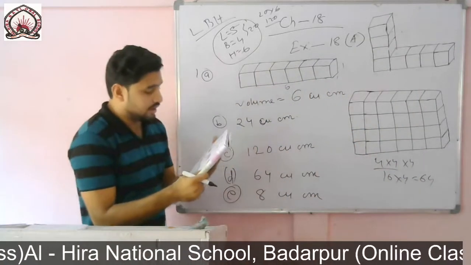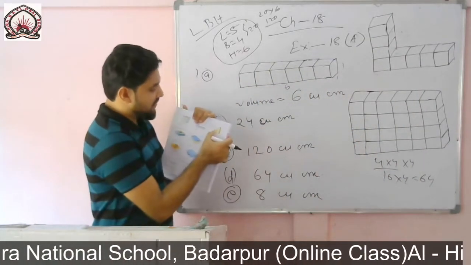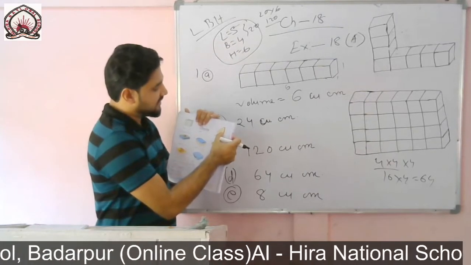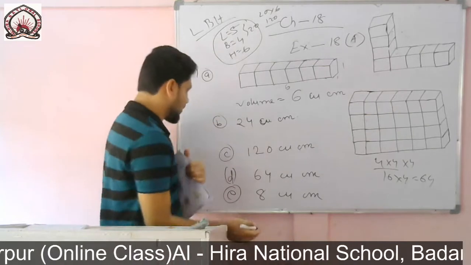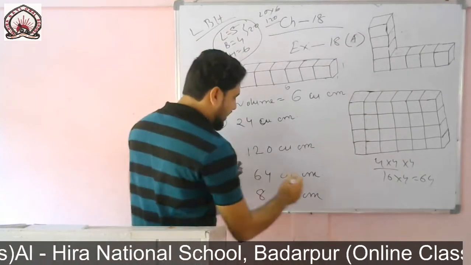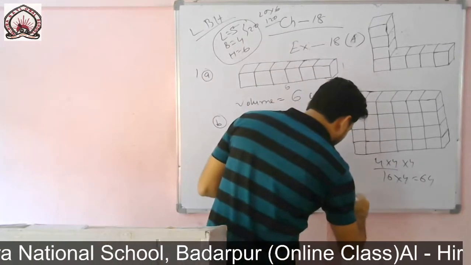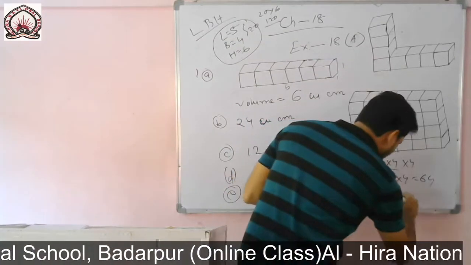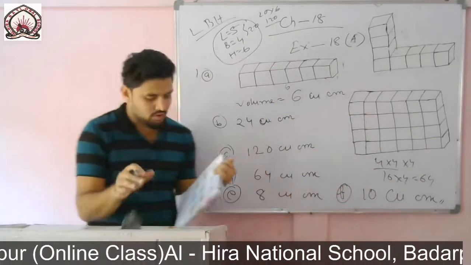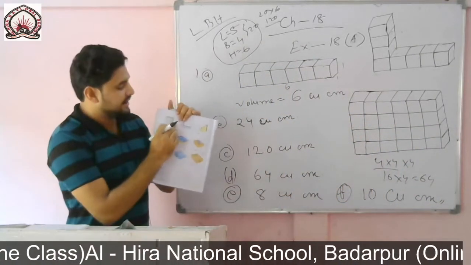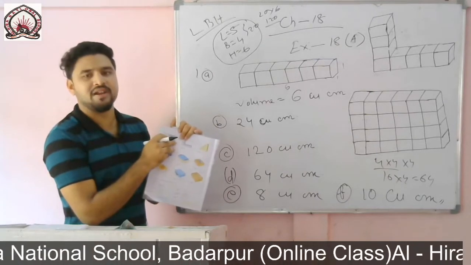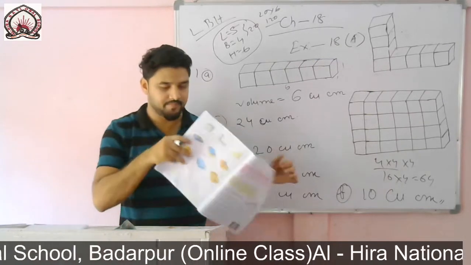Okay, so in F also you count first 1, then 2, 2 plus 1 3, then 3 plus 3 6, 6 plus 4 10, so you can write this one as 10. Number F as what? 10 cubic centimeter. Whenever you will find more number of boxes, then you take the help of length, breadth and height. Okay, it will be easy.